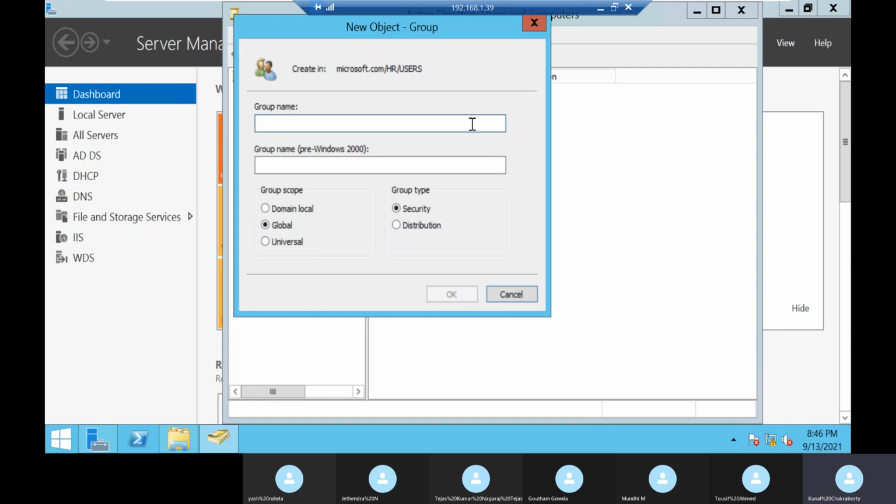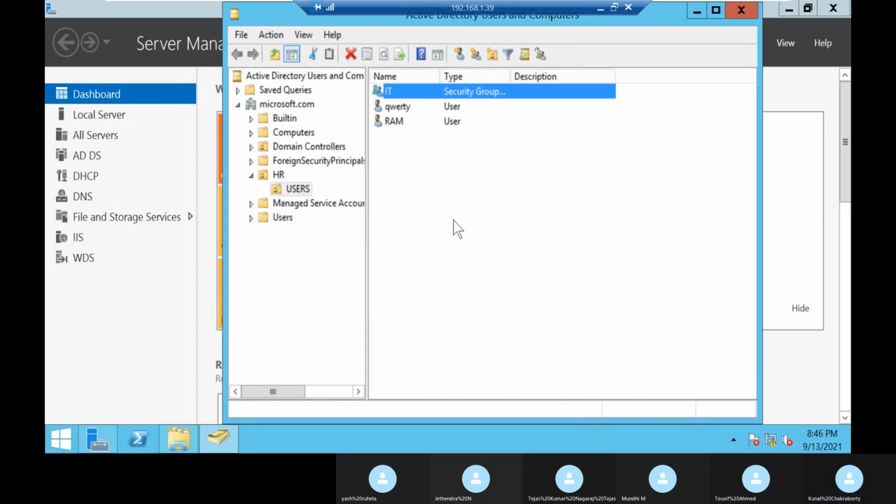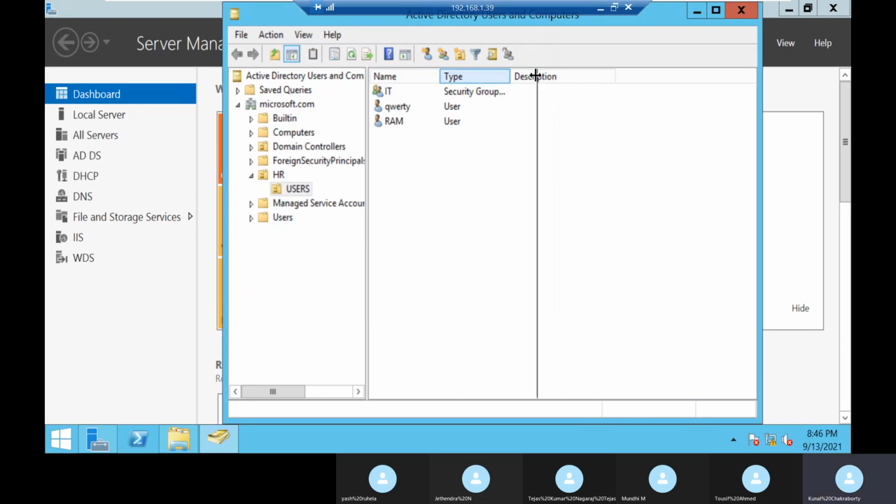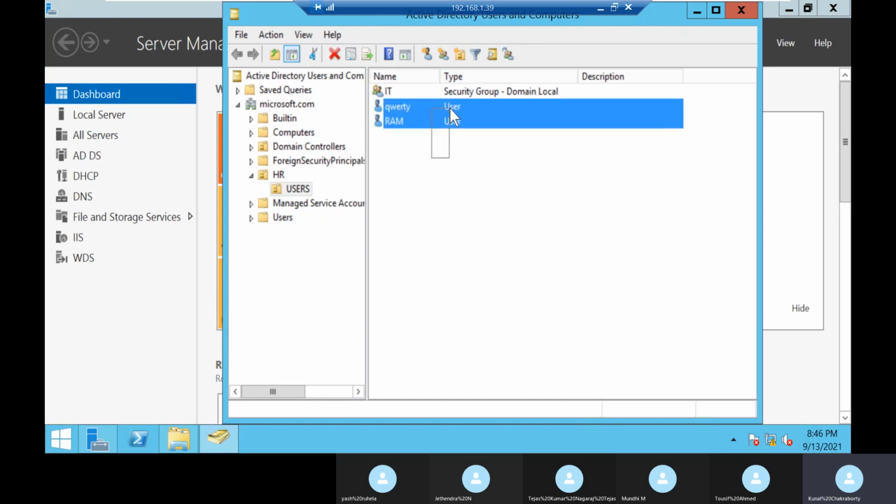Give a name, whatever name you want, and let's say IT. And group scope should be domain local. Then click on OK. Now what happens here? Group is created, but now what we need to do is make these two users a part